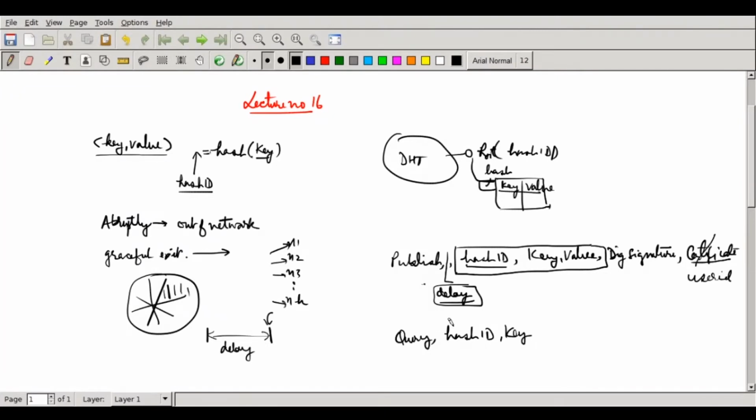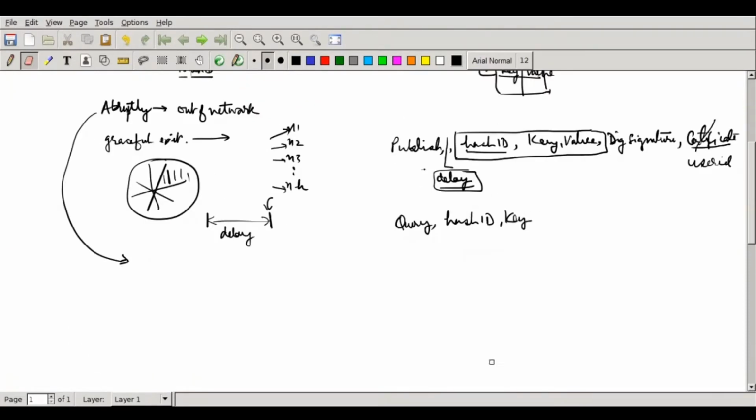we are now able to restore all the key value pairs in case of a graceful exit. But what happens if there is an abrupt exit? Abrupt exit has to be handled somehow, so let's see how this will be done. If there is an abrupt exit, the key values are lost because the node is no more there. All key values which it was holding are inaccessible and not available to anyone. Once they are lost, how can you even republish them? You can't.